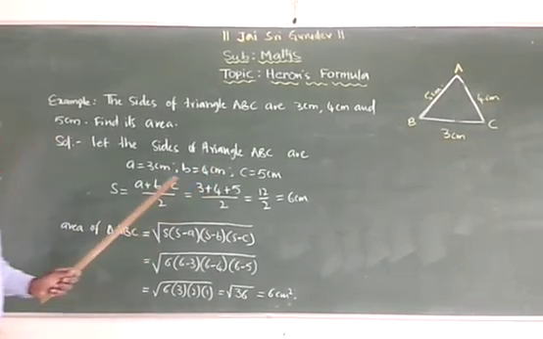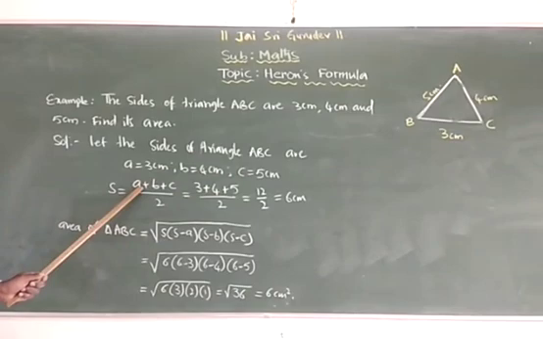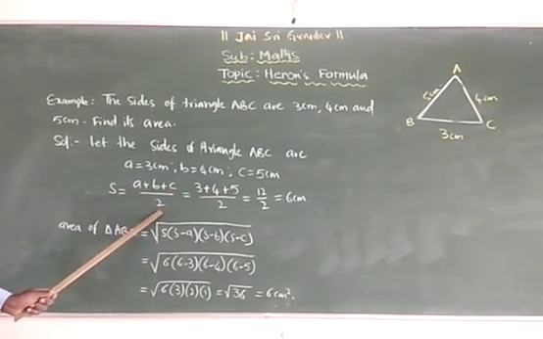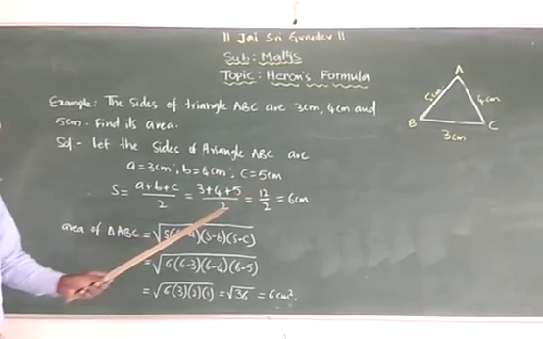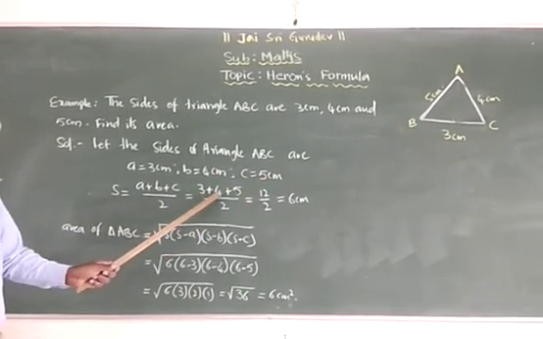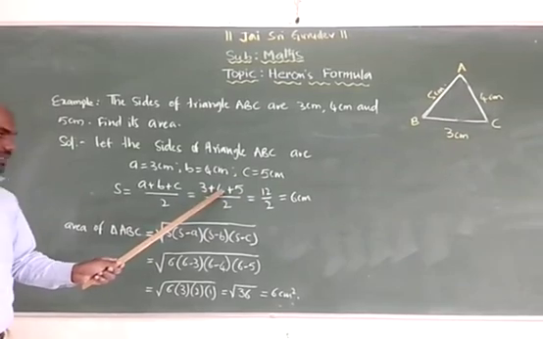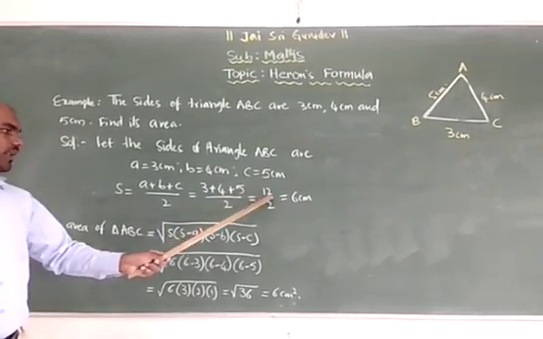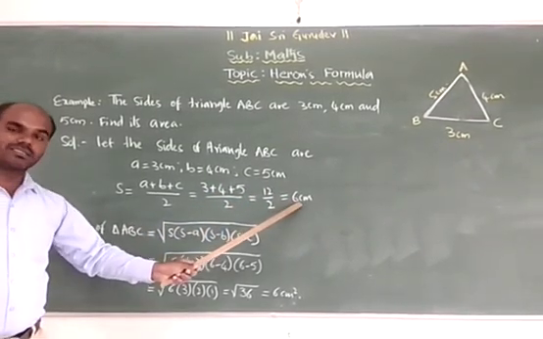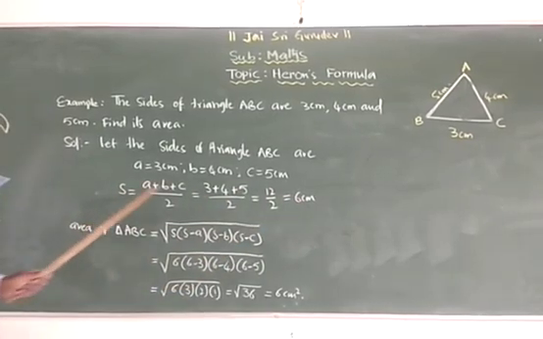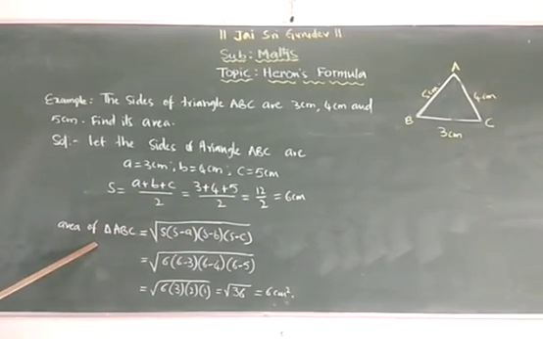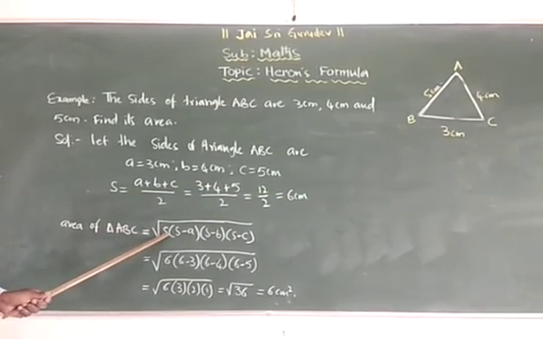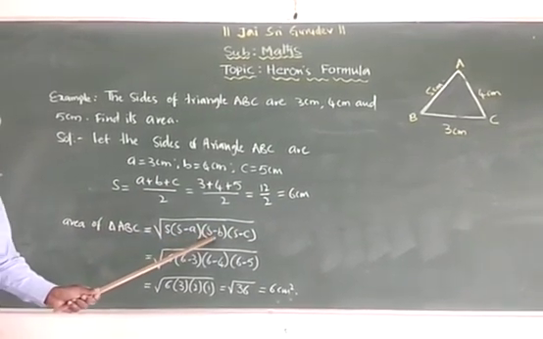Then, in Heron's formula, first we find the value of S. S is equal to A plus B plus C by 2. So, 3 plus 4 plus 5 by 2. 3 plus 4 is 7, 7 plus 5 is 12, and 12 by 2 is equal to 6. S value is 6 centimeters. Now according to Heron's formula, area is under root S of S minus A into S minus B